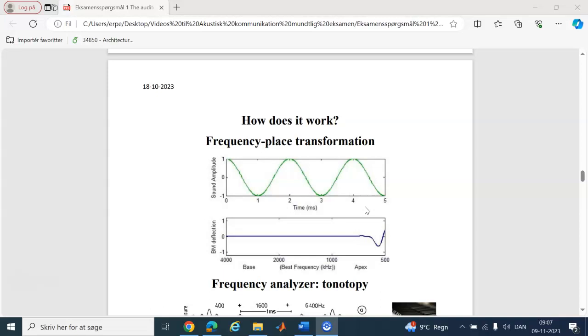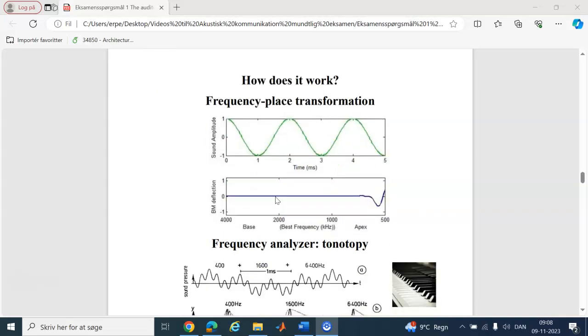You have some frequency, and then on the basilar membrane, according to those frequencies, there's a specific place. A high frequency is near the base, the narrow side, and the lower frequencies are at the